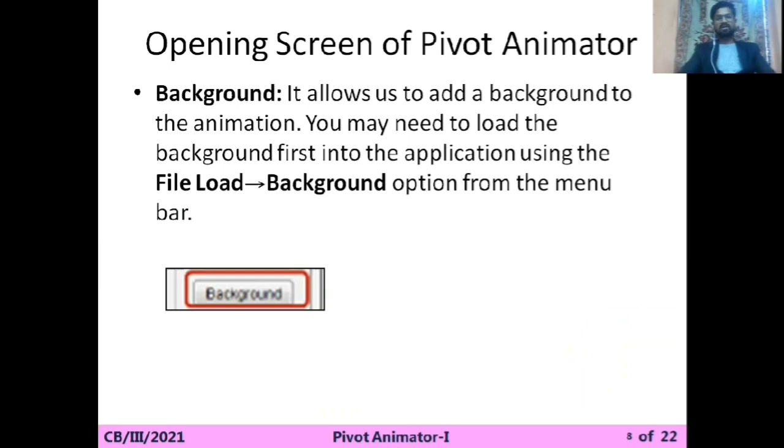Background. It allows us to add a background to the animation. If you want to add any beautiful image or beautiful background in your animation, you can use this option. But before adding the background, you need to load the background first in the application